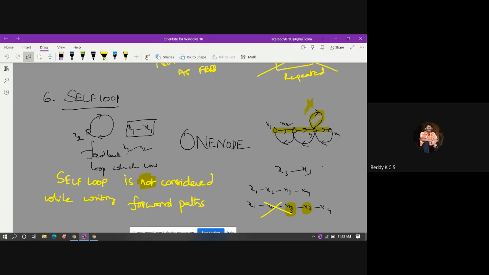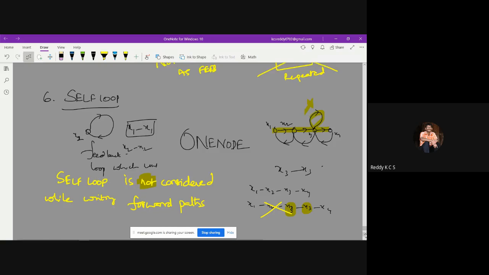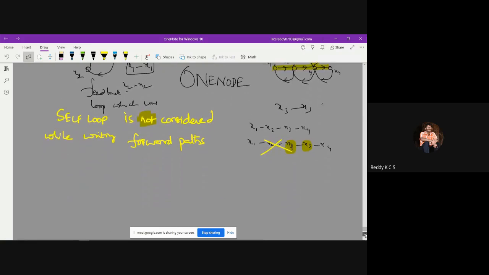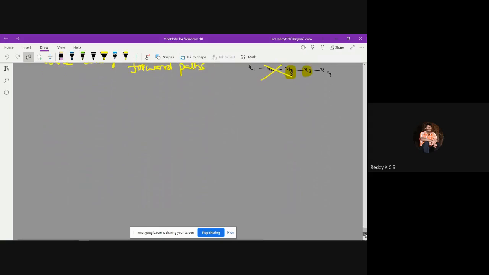And also very important is path gain. Next one is very important, path gain. All these terminologies are very, very important before solving the problems. So the next one, the 7th one, is path gain or branch gain. Of course, path gain, branch gain, loop gain, all these terminologies are there. So path gain, in the sense, is the forward path gain. What is a forward path gain in the sense?